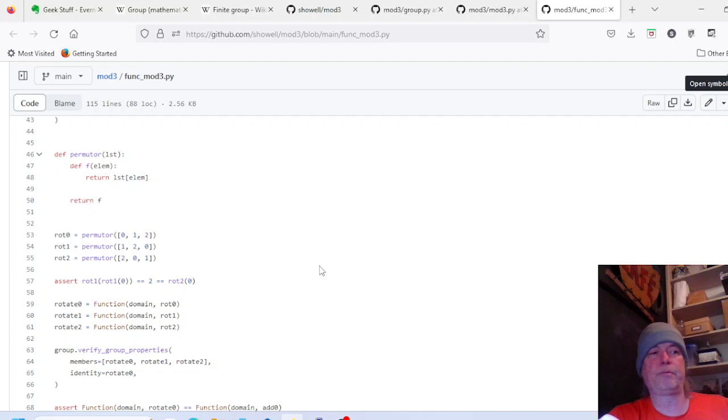You can think of it as a permutation of the set of elements in one order to another order of those finite elements. So what I'm using here is rot0, and that's going to be the permuter 0, 1, 2, rot1, 1, 2, 0, rot2, 2, 0, 1. And in Python, the permuter is a function that in turn returns a function, and the inner function just looks in the list that was passed in